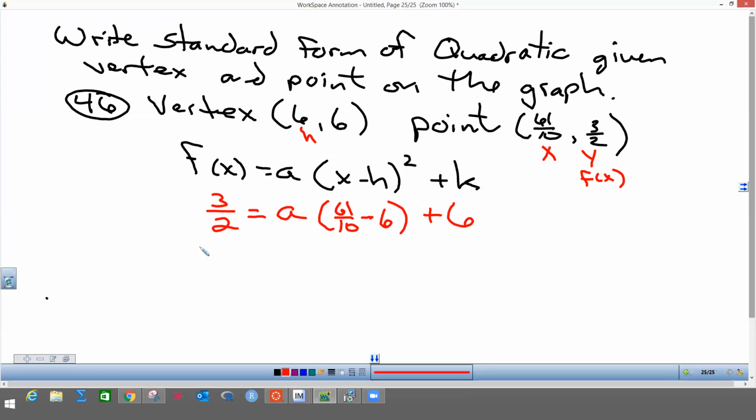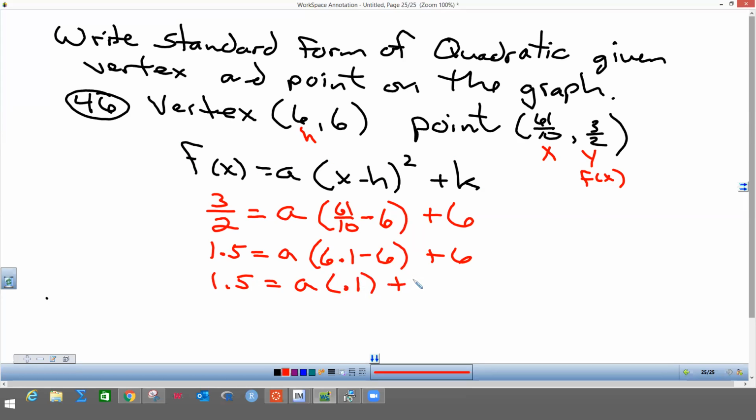Now I have to solve this for a. I'm not really sure how you would do this. If I make this decimal, it will make it a little easier, I believe. So 3 divided by 2 is 1.5. 61 divided by 10 is 6.1. And now I've got 1.5 equals a, and then 6.1 minus 6 is 0.1. So now I'm going to subtract 6 from both sides. So it's going to be negative 4.5 equals, and I'm going to put the 0.1 in front of the a because it's actually the